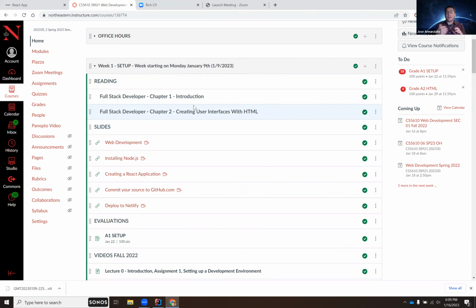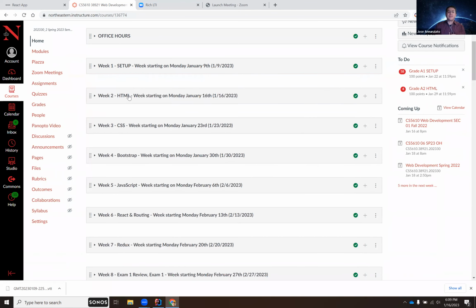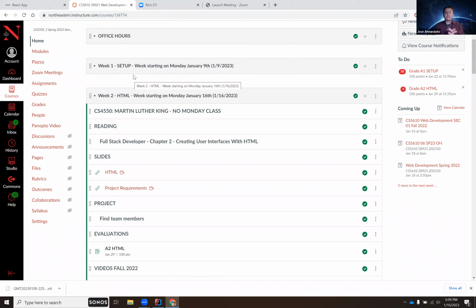So today we're going to continue officially talking about HTML. We'll talk about all the different elements, at least a very broad coverage of some of the more useful elements, and we'll be discussing many other elements as we progress throughout the semester. We're also going to talk about the second assignment, A2 HTML. This won't be due till the end of the month, okay? But nevertheless,